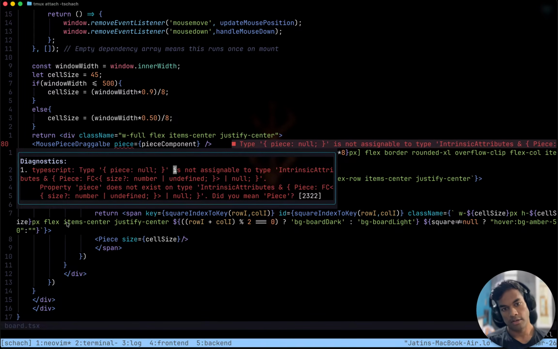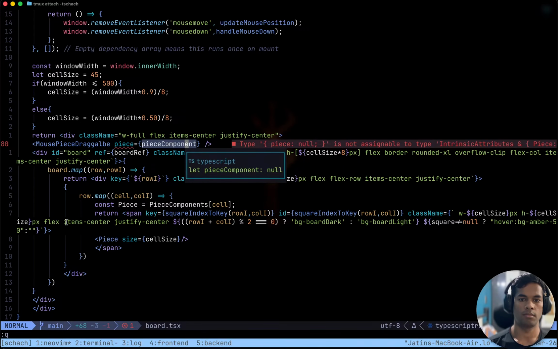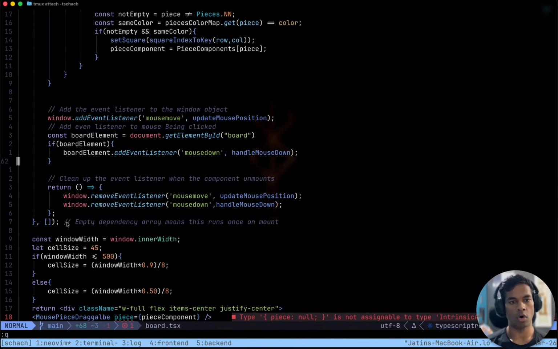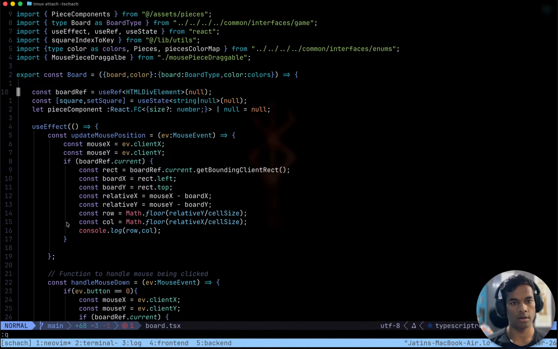Piece null is not assignable to type this. Piece component, they are saying is always null, but it is not always null.